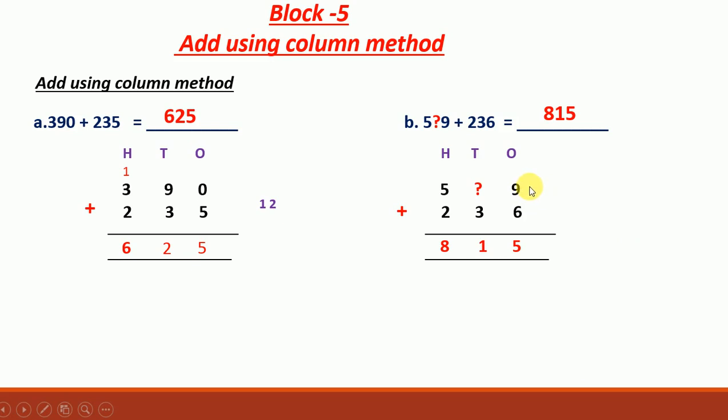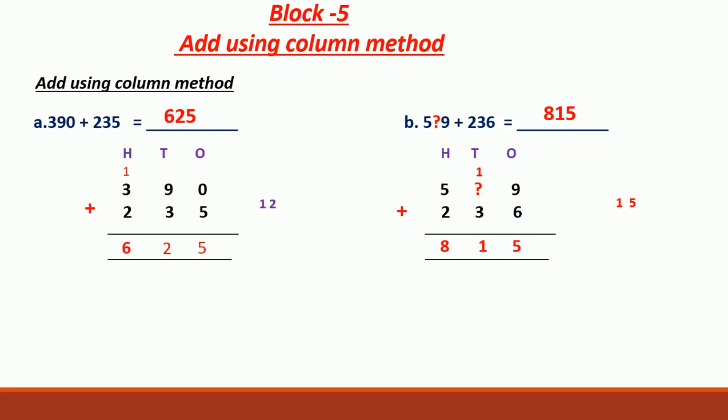So add the ones place. When you add the ones place, you will get the answer 15, right? From the 15, the 5 should be written down, as in the answer also given, we are having 5 ones over there. So from the 15, we wrote down 5, and 1 needs to be carried over to the tens place, isn't it? In the tens place we have the number 1 and another digit, which is 3. So add 1 plus 3, what will you get?